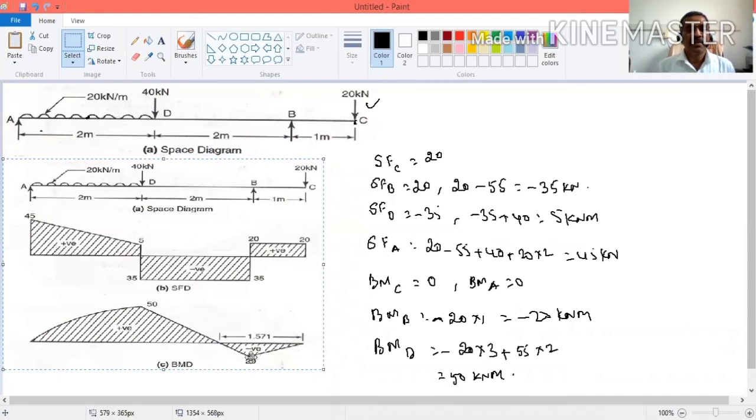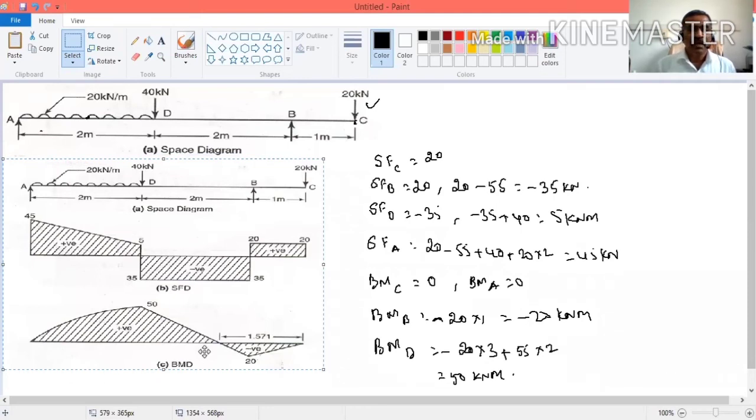Then from this point to here, 50. This point to here, 50. That is bending moment D. Bending moment D is 50 kilonewton meter, plus. So it is going from this point to this point, right? Now after that it is a curve. What curve? It is a parabolic, quadratic curve. Why? Because it is a uniformly distributed load. So the bending moment goes from 50 to 0. This is the way you have to draw the shear force and bending moment diagram.